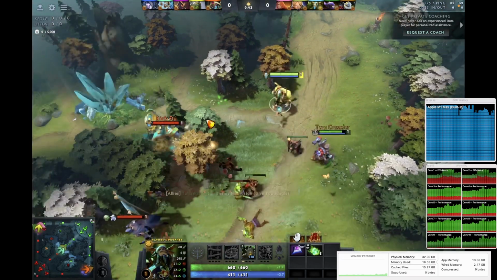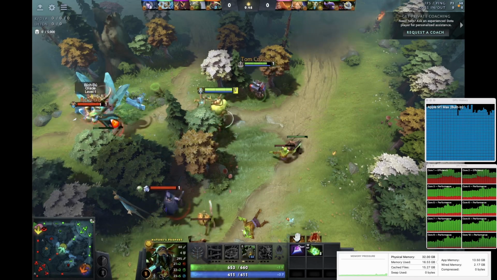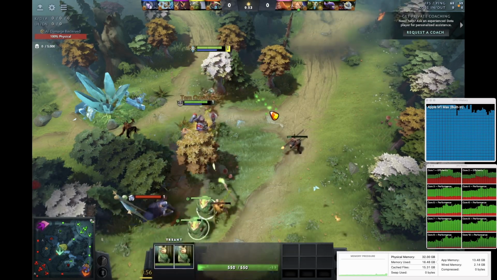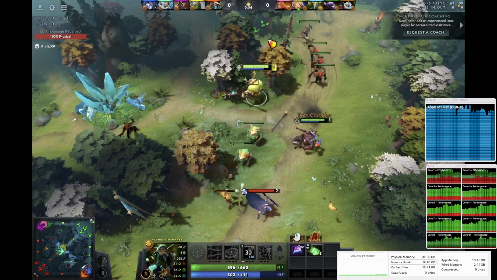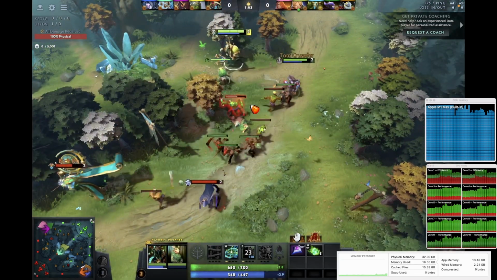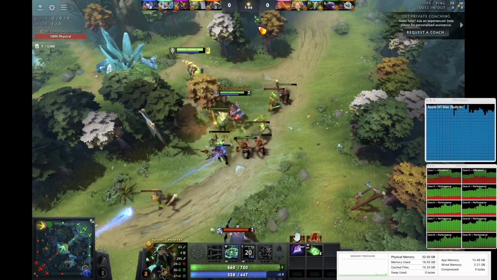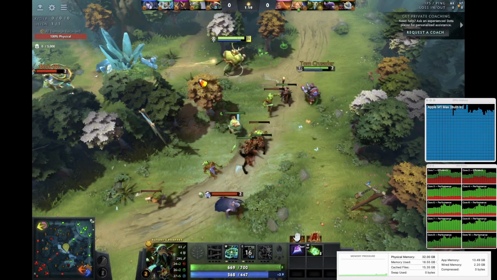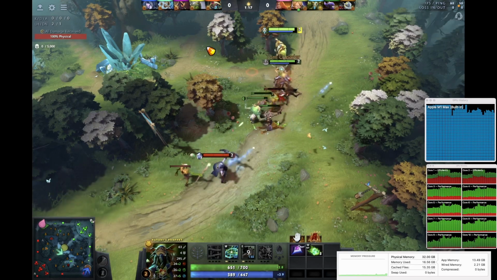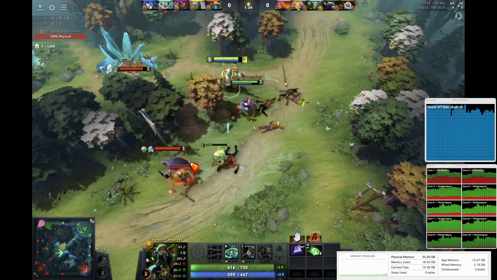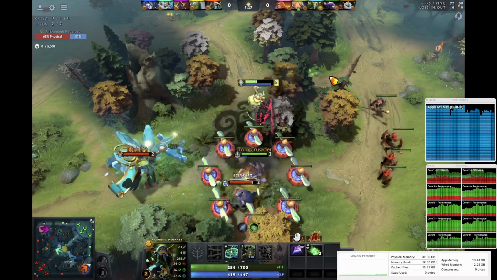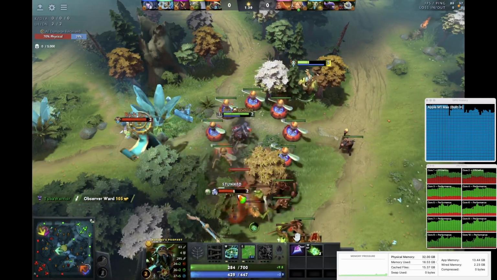And let's keep gaming. The wild is calling. Uproot and